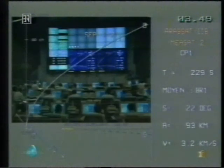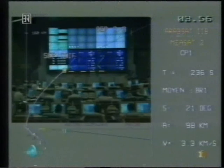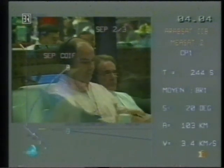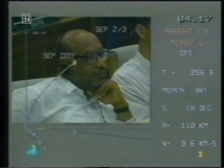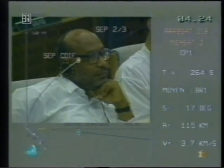Now, also, one of the things that we'll be talking about is what we call the jettisoning of the fairing. Perhaps the viewers following us tonight remember that the two satellites were put inside a capsule. But that capsule isn't necessary beyond a certain point, is it, Measat? No, it is not. That protects the satellites from the outside effects as we pass the critical zone of the atmosphere, then we don't need it. And as soon as we satisfy our thermal flux values, then the...